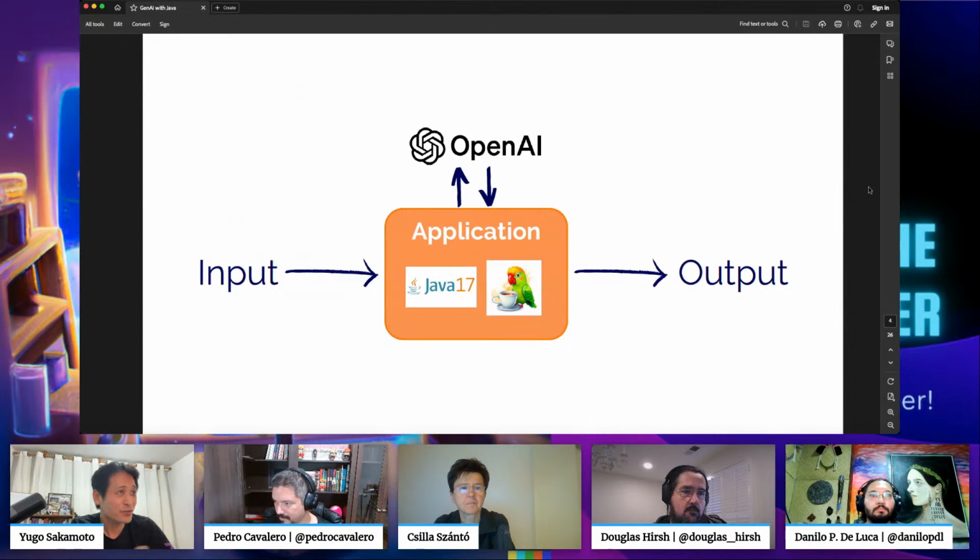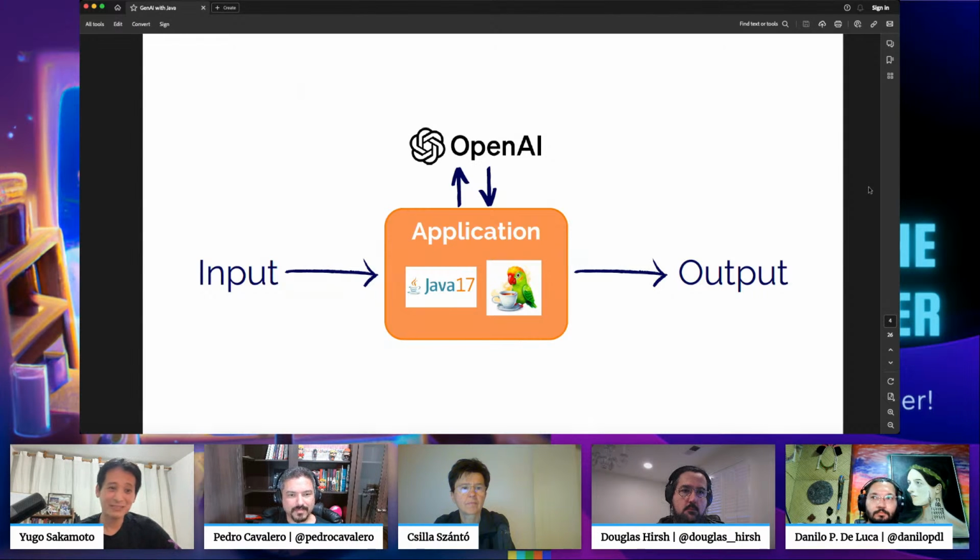Okay. For this example, I used Java 17 and LangChain4j. And first, to work with OpenAI, we have to create an account on OpenAI, so you can have the authentication key that can actually connect with OpenAI. I'm going to show it on the code and on the pages, so I think it will be more clear. So let's get started here.